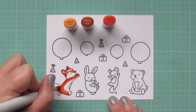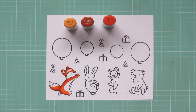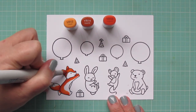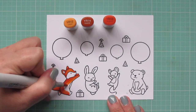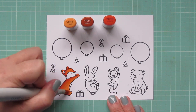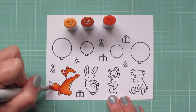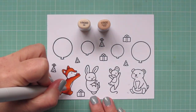I felt like the YR16 and the YR14 are pretty similar, so I felt comfortable skipping the YR16 today. But then I'm going to move down to the YR12 to fill him in, make sure he has a nice highlight on the top of his head and the front of his body. I'm also going to fill in the rest of his foot and the tail,